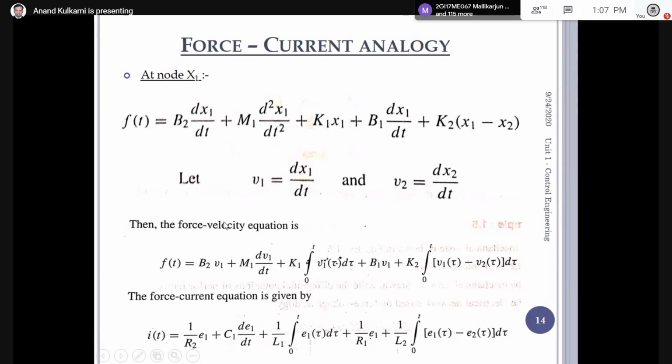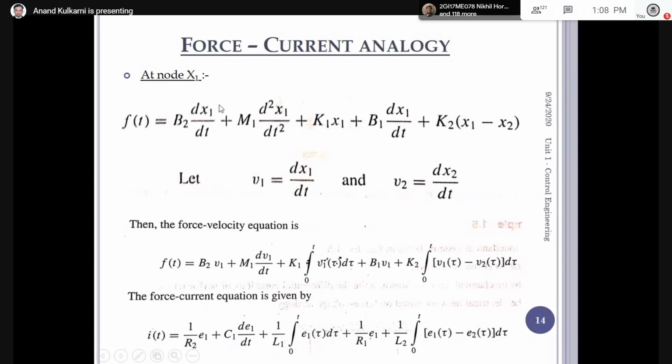The reason why we have converted into velocity form is because we want the equation in terms of force and current. But what is current? It is nothing but the flow of charges. If I want to know the flow of charges, I should write in terms of velocity, because what is velocity? Change in displacement. So change in displacement and flow of charges are in a similar form. That is why we changed from displacement to velocity, because we want to have a similar equation. Understood?